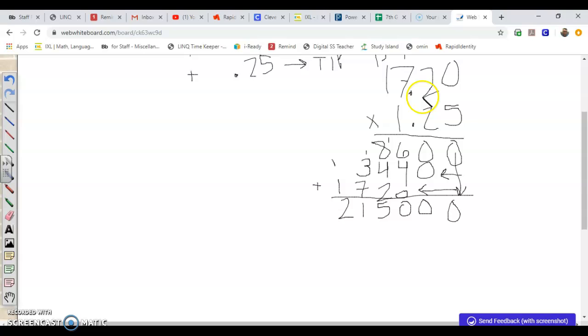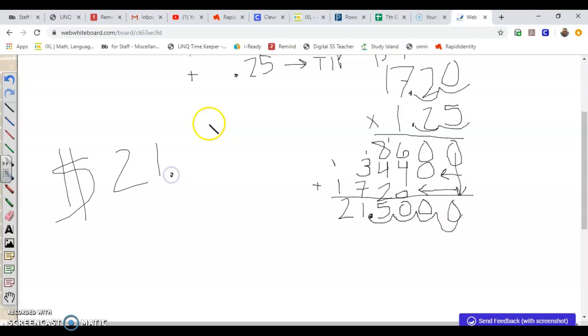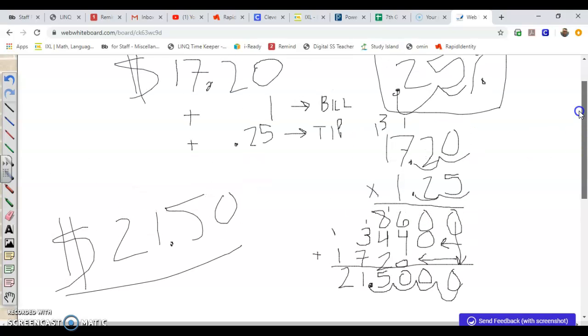Now, don't forget to come up here and add up your decimal places. 1, 2, 3, 4, and then carry that down here. 1, 2, 3, 4. So my total bill that I will pay is $21.50. Alright, and again, that is my bill, which is $17.20, plus a 25%. No, don't do